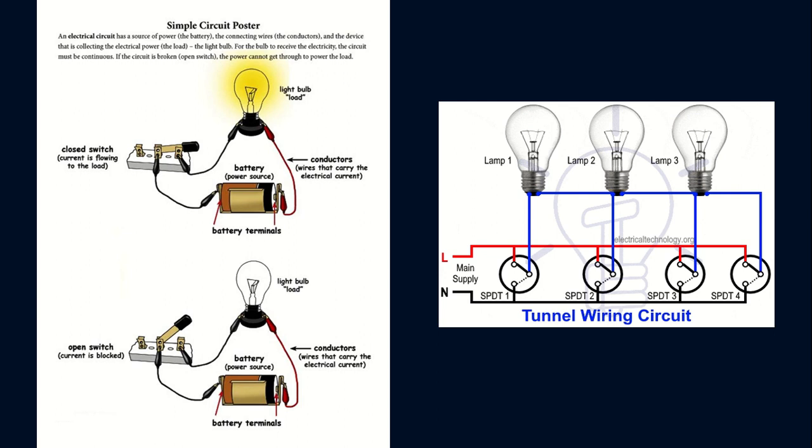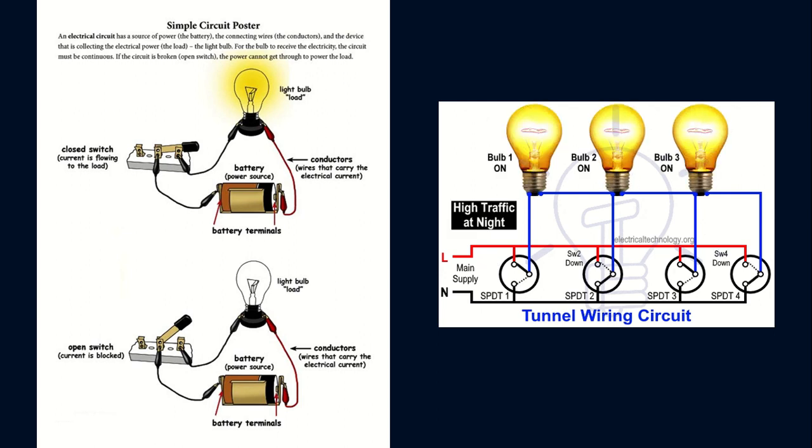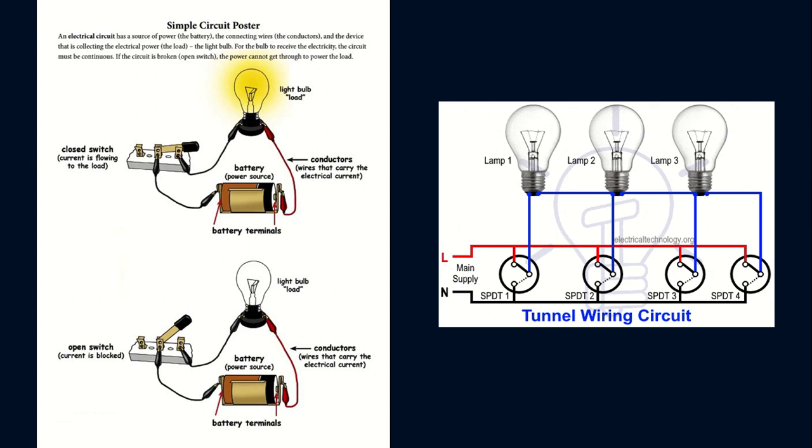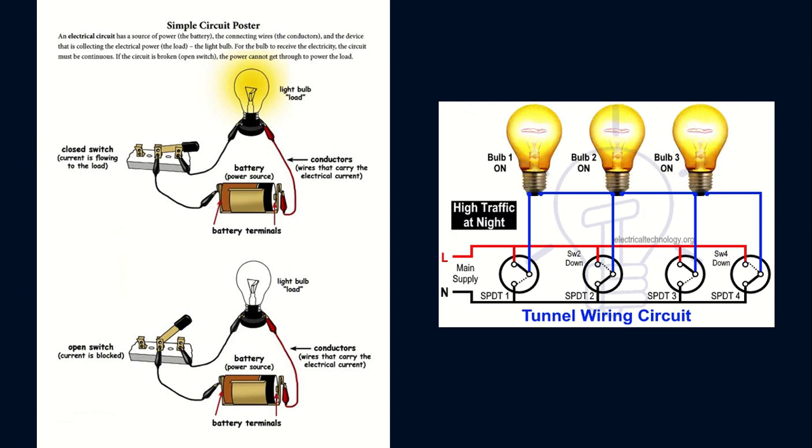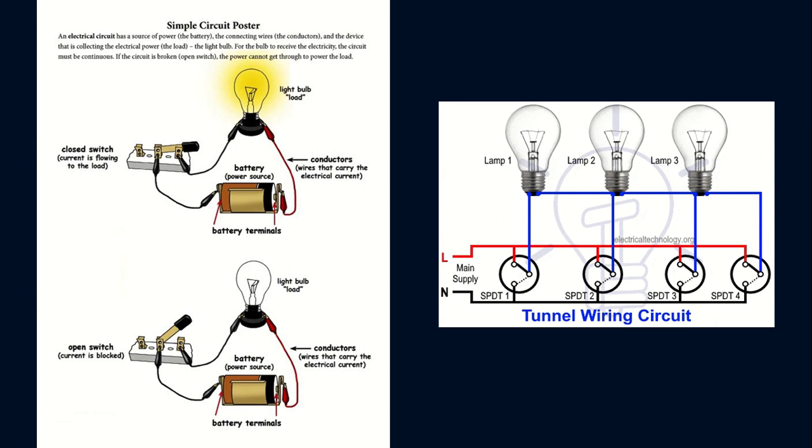If the battery is producing some amount of voltage, then it will divide the voltage across the bulbs. For example, if the voltage is 3 volts, then each bulb will get 1 volt, 1 volt and 1 volt. So it divides the voltage, and altogether the voltage will be 3 volts itself, for example. Okay. So the total current drawn from the battery is the sum of all the currents drawn by each of the light bulbs.